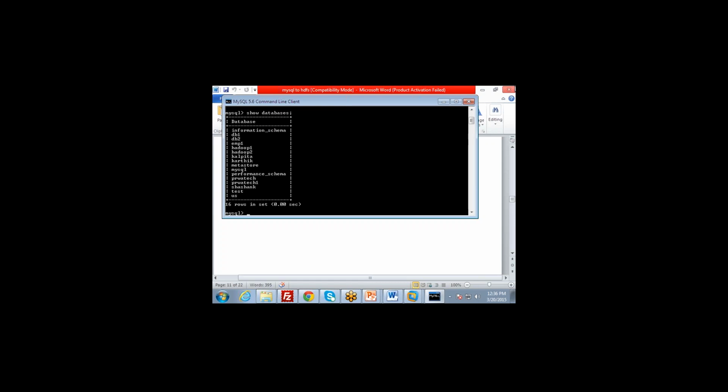If you want, you can use any one of the databases, or you can create your own database. I'll tell you how to create a database, and then we'll discuss Sqoop in depth. Let's say we are going to create a database. Create database, and we'll name the database, let's say, DB100. This is the database we have. Now it says Query OK, one row affected. That means the database